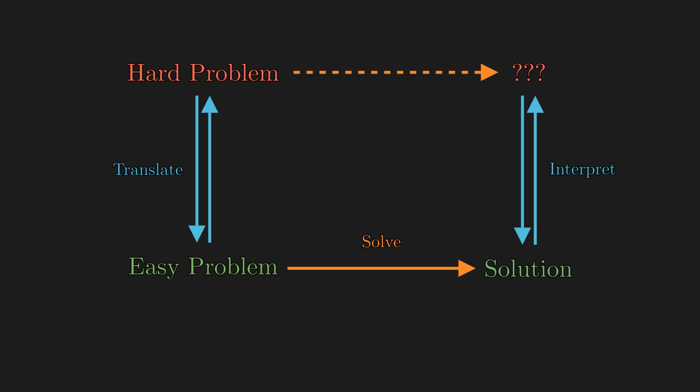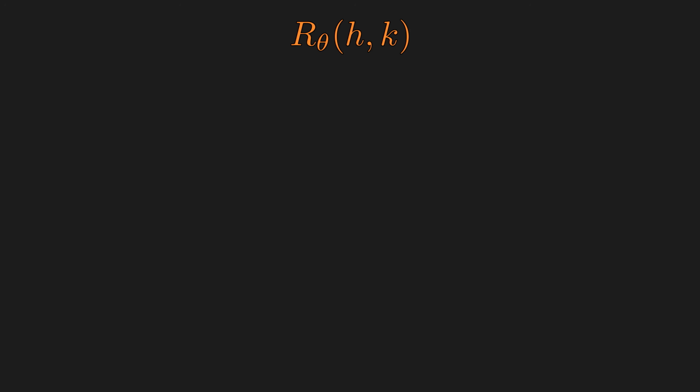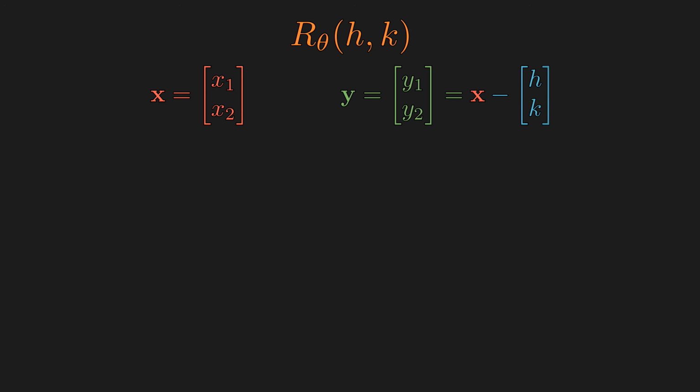Now we're ready to tackle the main problem. We want to write down a formula that describes rotation about any point in space. And what we really mean by that is to write down an explicit formula for a transformation in the standard coordinate. I will call that coordinate x. Then the most appropriate new coordinate would be the one that has the origin shifted to the center of rotation. I will call that y.